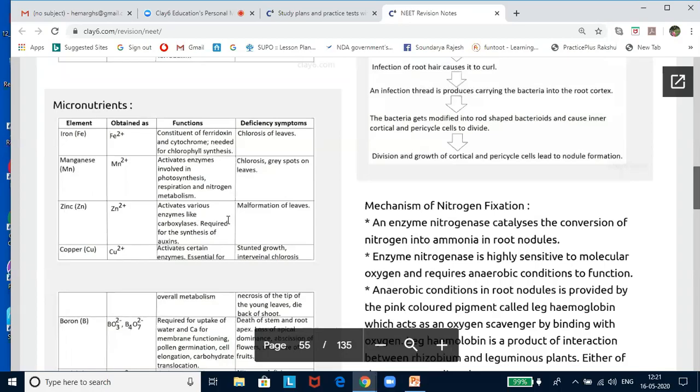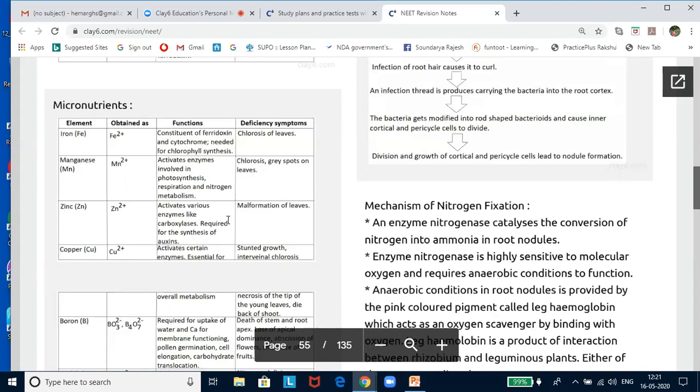Structure of polyribosomes is dependent upon iron-containing compounds. It is an activator of nitrate reductase and of the synthesis of proteins and DNA. Now, if you look at the deficiency symptom, intervenous chlorosis is the main deficiency symptom shown by iron. Otherwise, there are no other morphological symptoms which you can see.